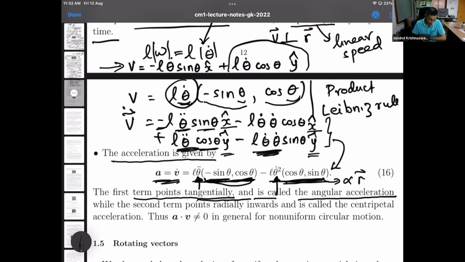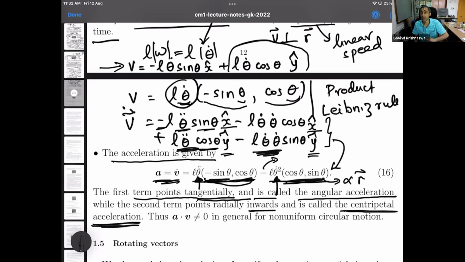So the second term points radially inwards because of this minus sign. So we conclude that the acceleration of a particle moving non-uniformly along a circle consists of 2 vectorial parts. One is radially inwards,